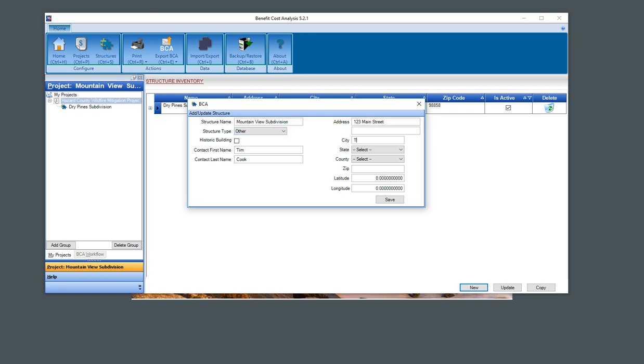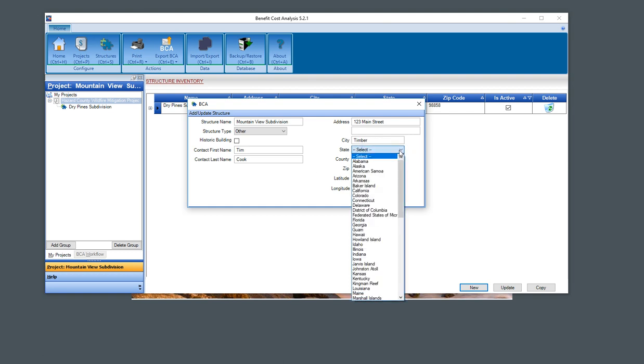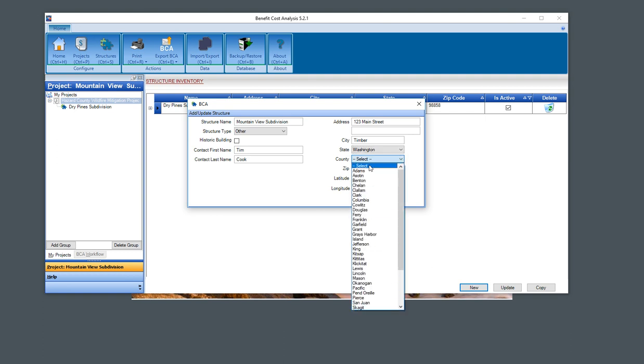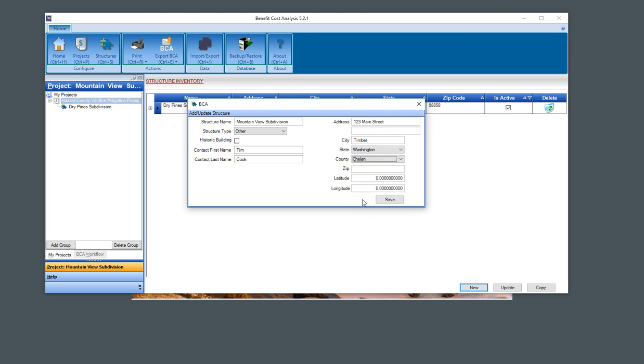My application says it's in the outskirts of this fictitious city of Timber, Washington. Now the county I have is Hazard County, but of course this is an actual drop down of the state of Washington. You won't find Hazard County, so I'm going to pick one. I'll pick Chelan because I happen to remember the zip code for